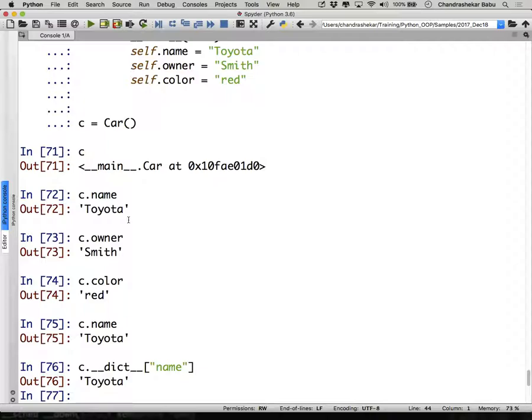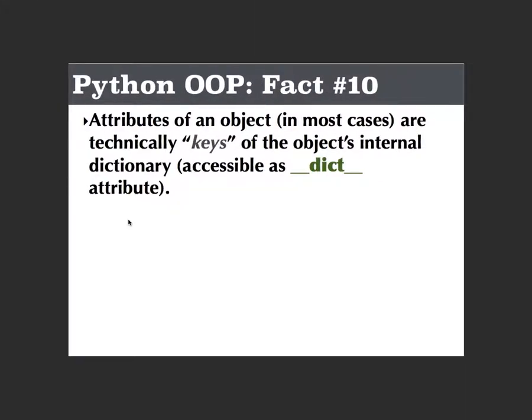So every object's attributes are maintained in a dictionary. Every object will have an attribute dictionary associated with it. So all the attribute resolution happens through the dictionary. Clear with this? There's something you should know. All these are internals that you should know about Python.